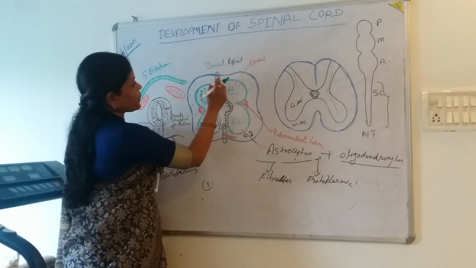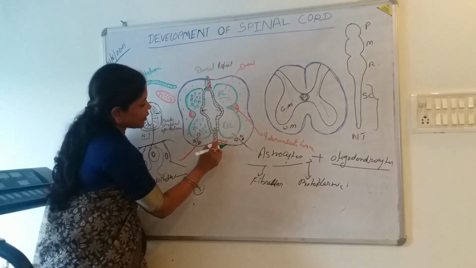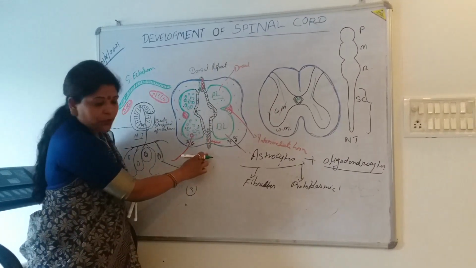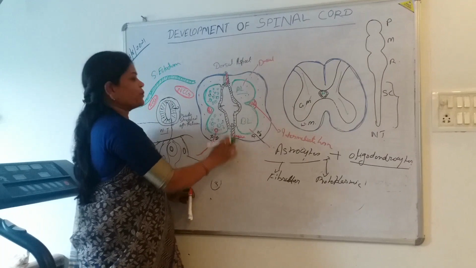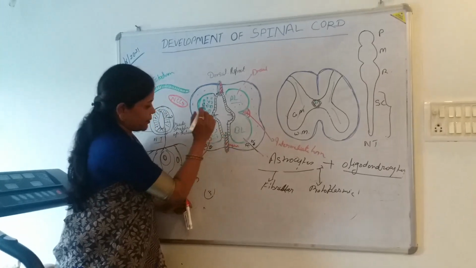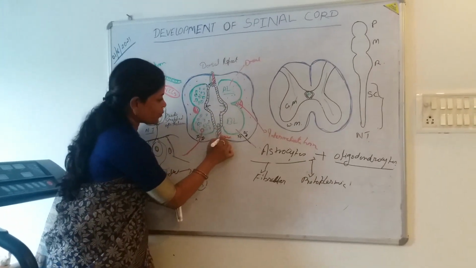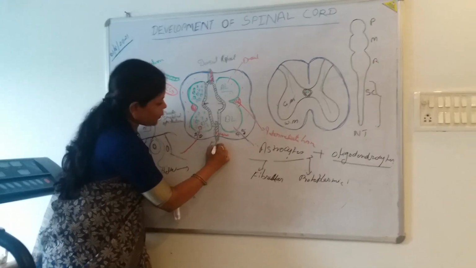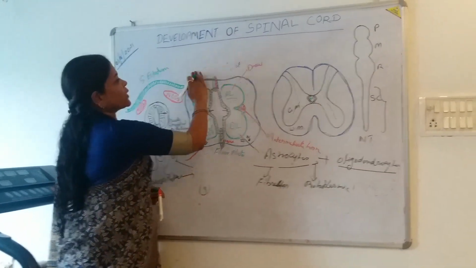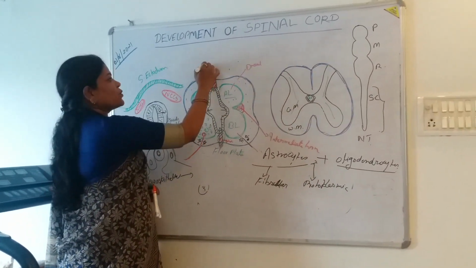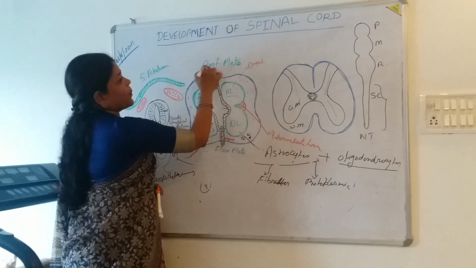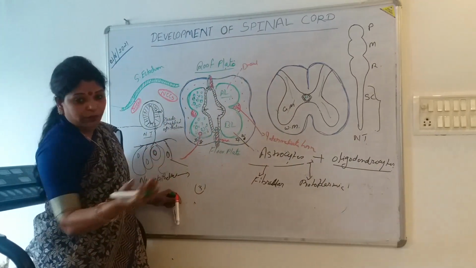Here, this part, what is this? This is the midline structure of the neural tube. So the midline portion of this neural tube is devoid of neuroblast cells, and in future, towards the base, it is known as the floor plate. And towards the dorsal aspect, this part is known as the roof plate. So please understand this nomenclature nicely. It will help in your future studies.